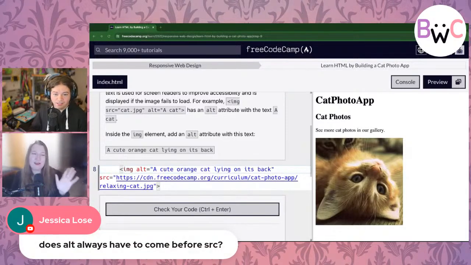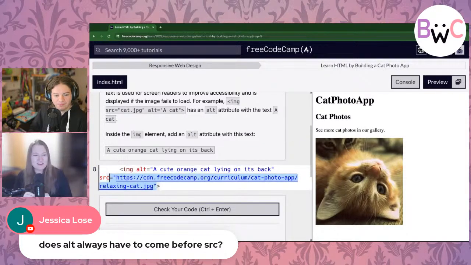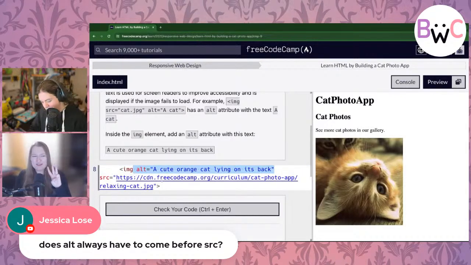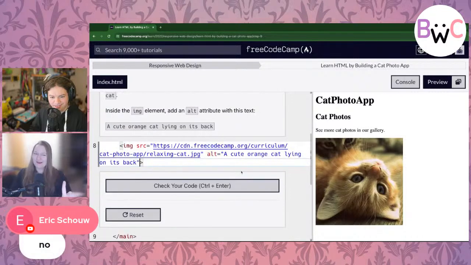Jessica, you know what? It sounds like I'm playing favorites because you have a beautiful name. It is a great name. Very familiar looking name. And saying, "Hey, does the alt text always have to come before? Let's move it around." Yeah. I'm gonna put it after. That's a great question. When we don't know something, we've got 3 big options for what we can do. Oh, Eric's jumping the gun. Eric's like, "Ha, ha, ha, no." I think you're right. No, it works just fine. So this is still absolutely perfect.